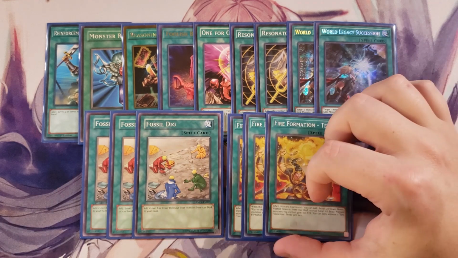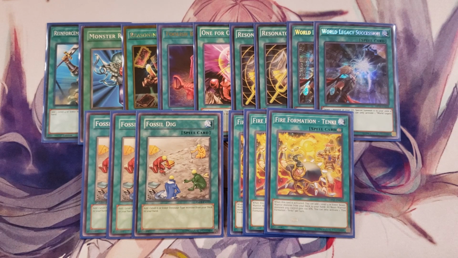3 copies of Fire Formation Tinky, because when this card is activated, you can add 1 level 4 or lower Beast Warrior monster from your deck to your hand, which you have plenty of Beast Warriors in the deck to be able to add from deck to hand. For example, you can grab a copy of your TG Warwolf from your deck to your hand,